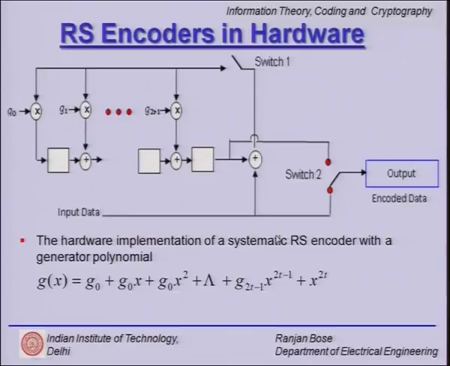And the way it will work is first there will be k clock cycles, wherein this will be a systematic code, which consequently means that the input data goes directly to the output. So, please note it is hardware. For every time I clock in the input, it goes out. So, the first k symbols are the same because it is systematic. The rest n minus k symbols, I will close these switches and get the encoded version which is multiplied with